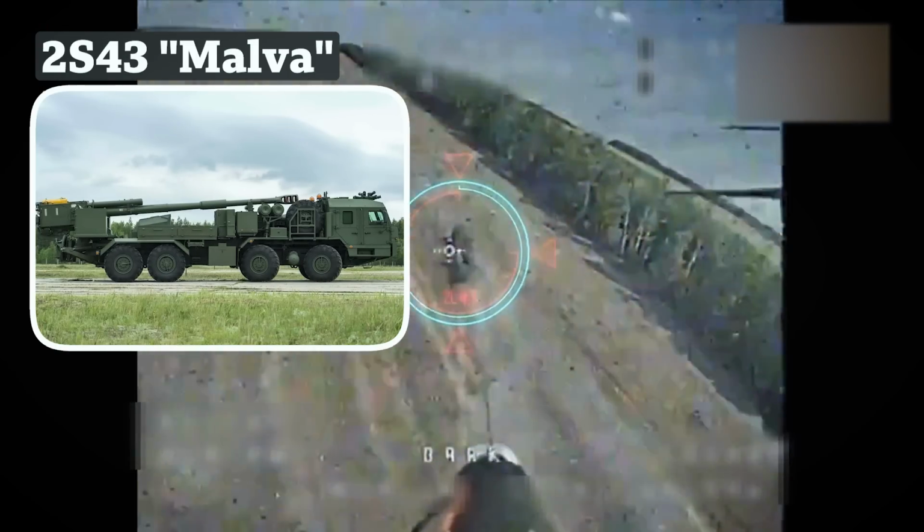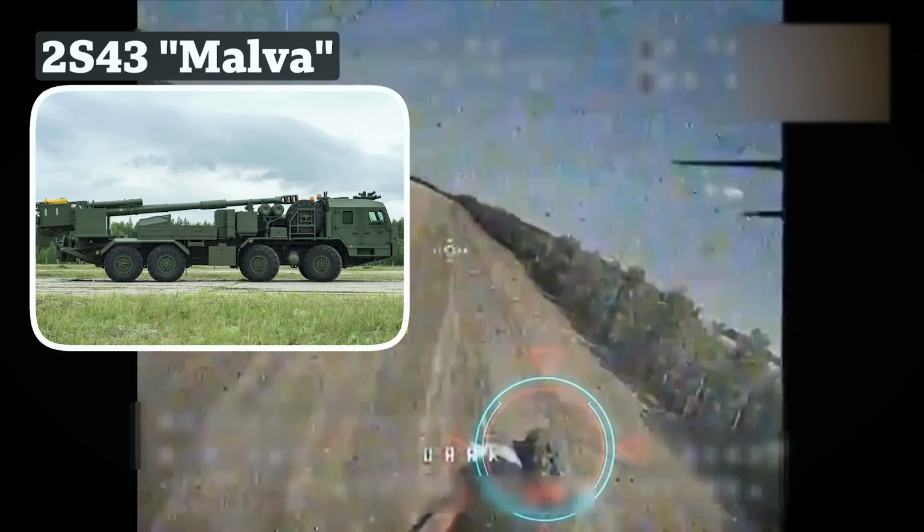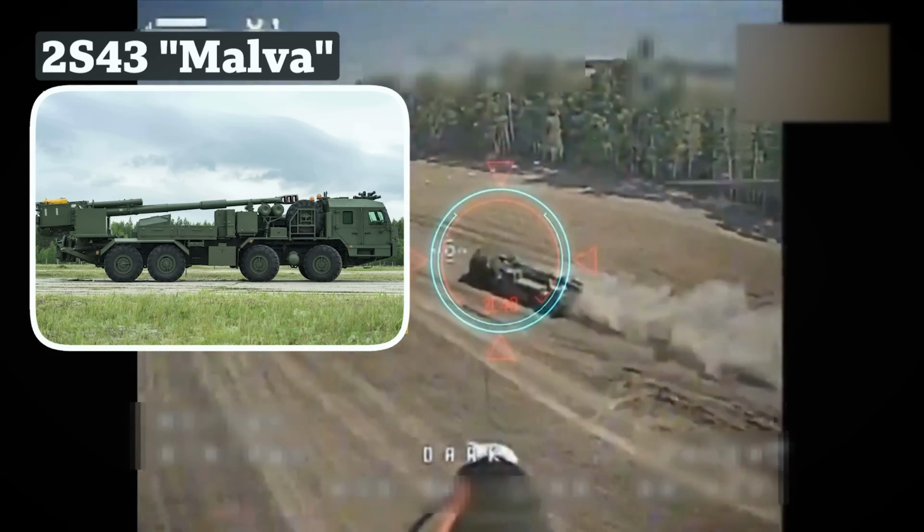By the way, speaking of new developments, in these shots you are witnessing the destruction of a 2S-43 Malva. This artillery complex began production in 2023. The equipment is quite rare and has just started appearing on the battlefield, but it is immediately destroyed by Ukrainian